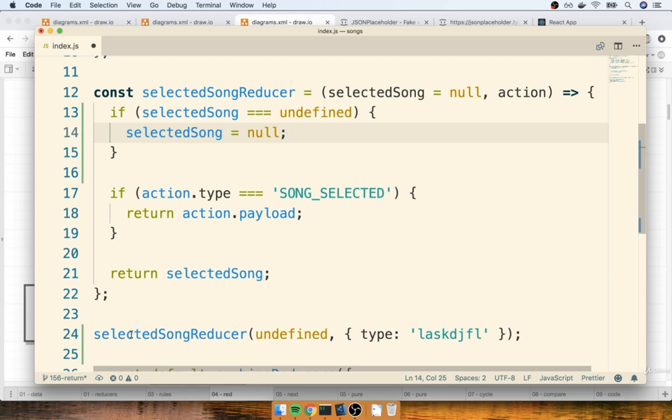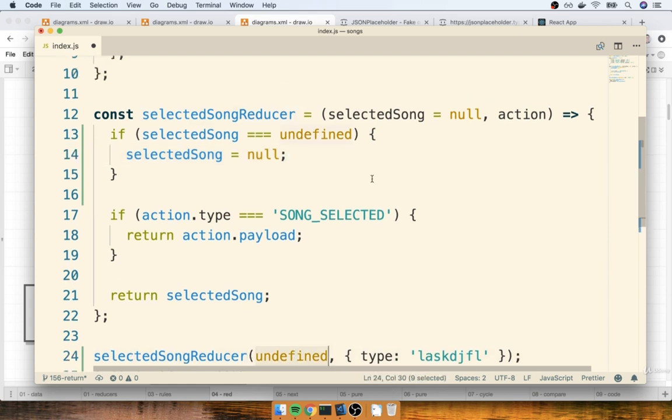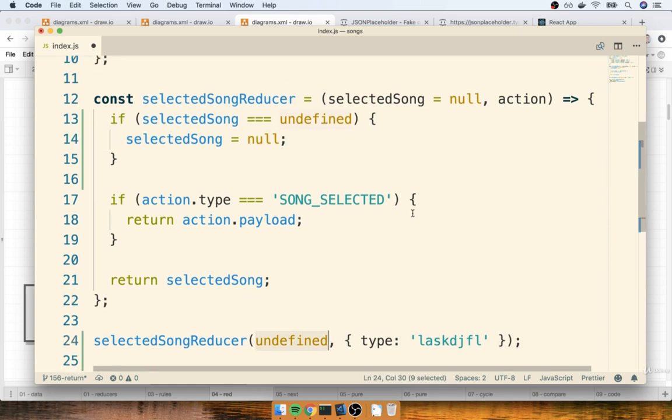So again, the very first time we call the reducer, the first argument is undefined. We don't really want to deal with that value of undefined, so we are going to default its value to be null instead. And that defaulting is only going to take place the very first time that our reducer gets invoked.